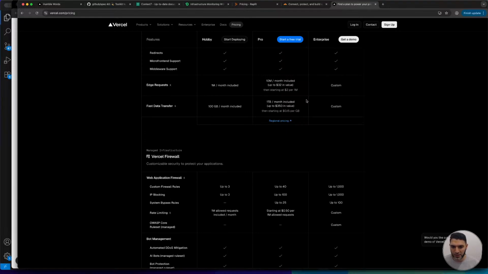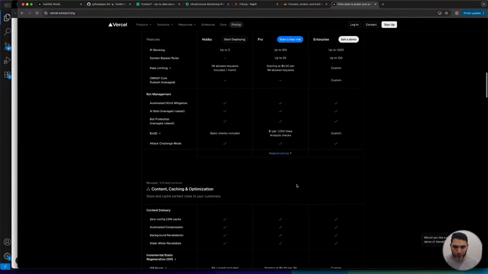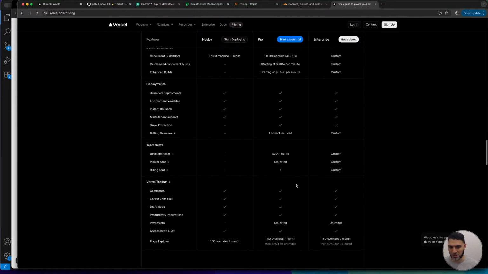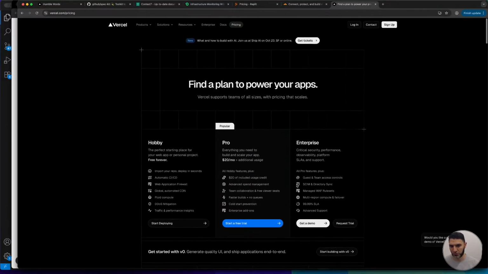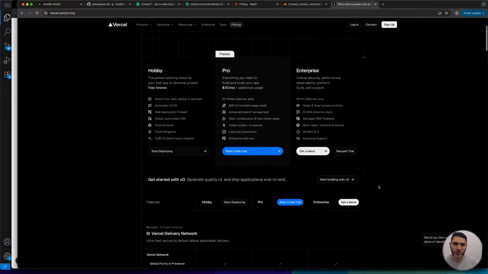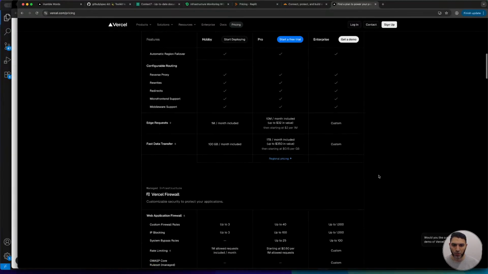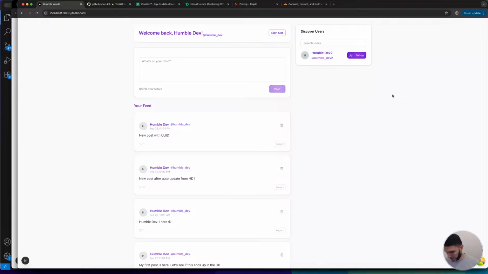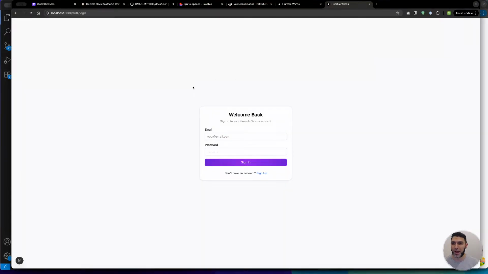Also the data transfer, and you can go through all of these yourself. Again, if you're hosting a relatively niche application, or this is going to be your first SaaS and you don't expect hundreds of thousands of people to all of a sudden be using your application, there is not really all that much to worry about immediately. So having said that, let's go back to